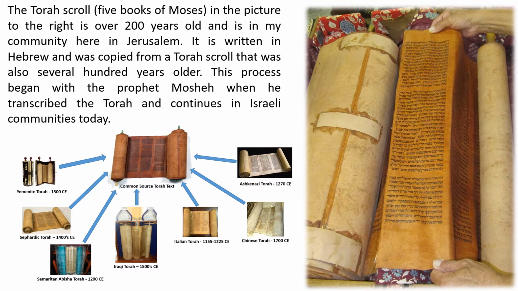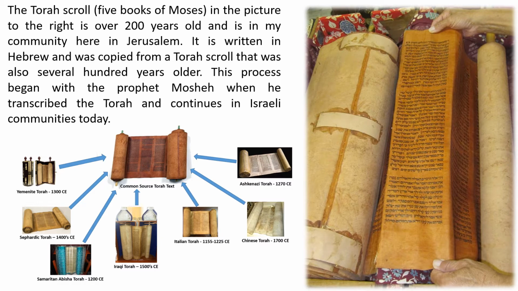The way the whole thing started was Moshe Rabbeinu, also in English known as Moses, was given the exact information to put into the Torah scroll by the creator of all things, by Hashem. And essentially, all modern day Torah scrolls can be shown to trace back from Torah scrolls that at least go back about 2,500 years. And that's including if you were to take the Dead Sea Scrolls and compare it, because the Dead Sea Scrolls and modern day Torah scrolls are not that different.